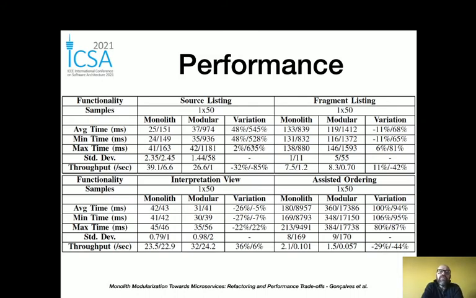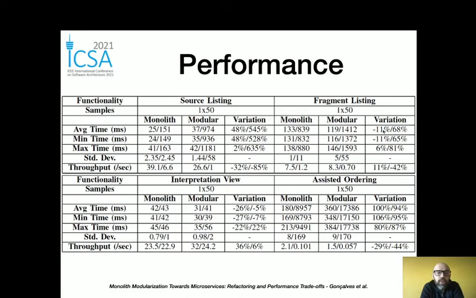So this is strongly related with the DTOs, the transfers of data: creating the DTOs and sending the data transfer objects between the modules. In other cases, we have interesting results where you get even better performance in the modular than in the monolith, like in these cases. And we checked why, and we realized that it was related with the indexes we defined to access the domain entities in the database, given their unique identifier.